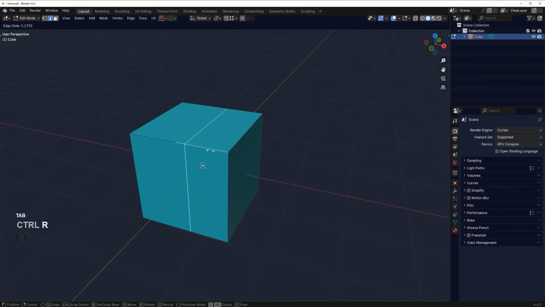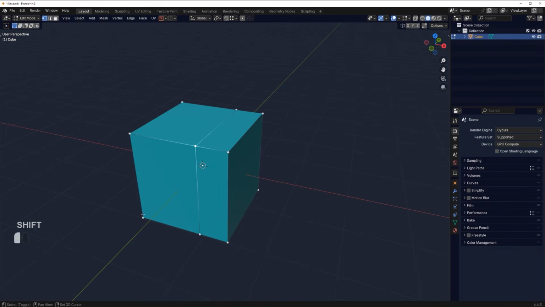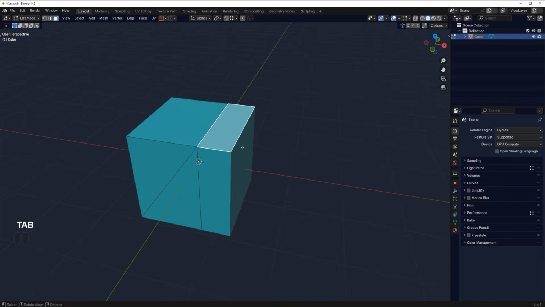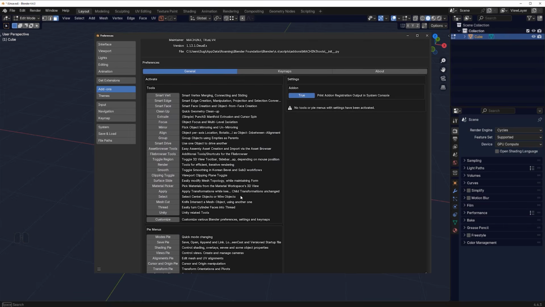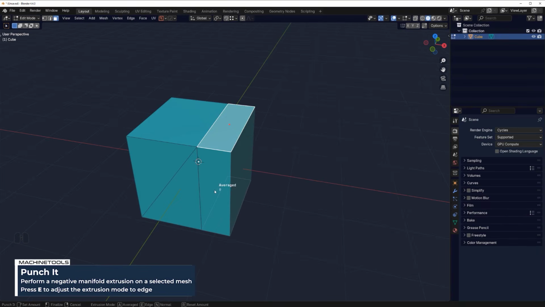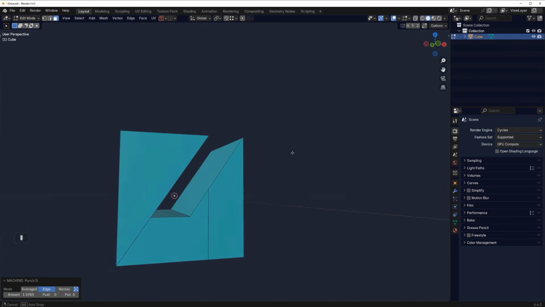So if I'm going to run a loop here and have an edge like this, and I'm going to go to Alt-E and click on Punch It, you have to, by the way, enable Extrude in Machine Tools under the Machine Tools menu, so turn that on. Click on Punch It and then press E and select this edge here. You can see I can slide on this edge and create this kind of a shape, which is pretty bloody